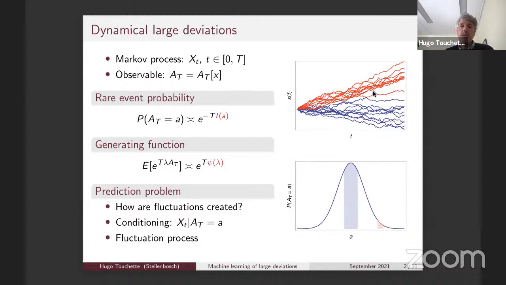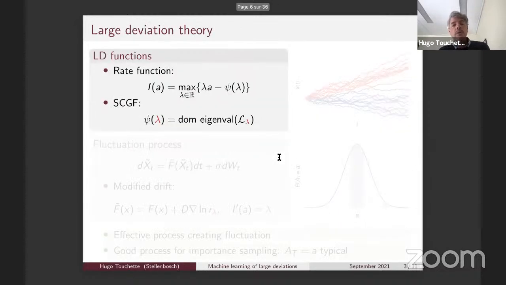Mathematically, this corresponds to conditioning. You want to take all the trajectories and then condition those trajectories on seeing a particular value of the observable. So it's a conditioning in terms of stochastic process, and then you can show that that conditioning is also a stochastic process. In the long time limit, it's a Markov process, and then you can write down what that Markov process is, and I'll refer to this as the fluctuation process. Okay, so this is the overall context. We're after calculating the distribution of some observable for non-equilibrium systems. Now, how do we get this?